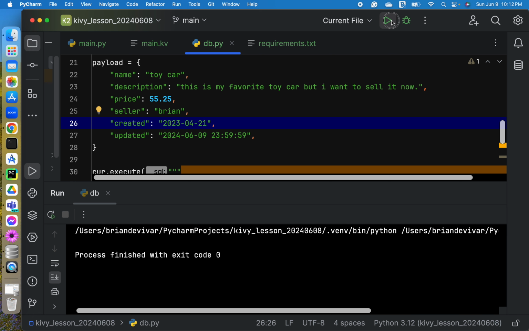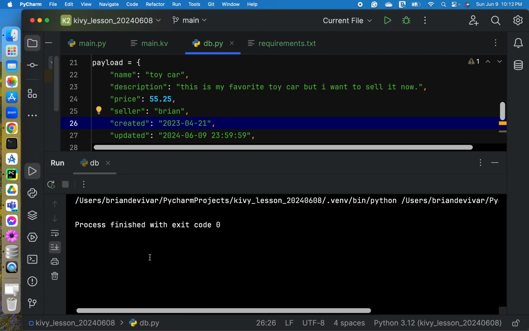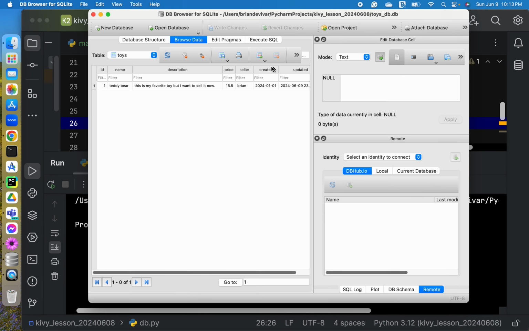Okay, so no errors again, looks good. And let's refresh. Okay, so we now have two items or records in our table. One is the teddy bear and one is for the toy car.